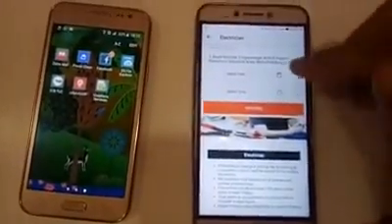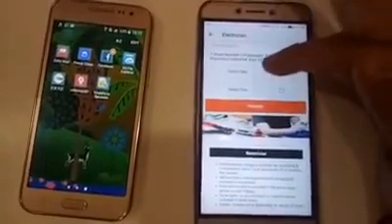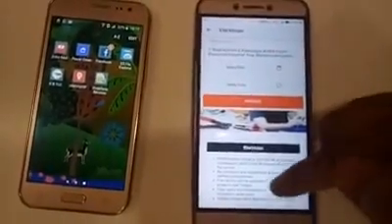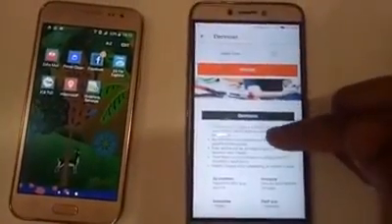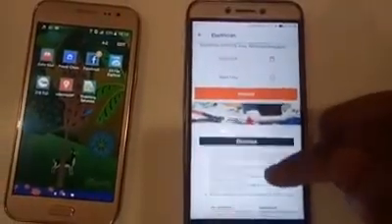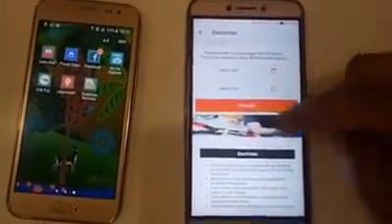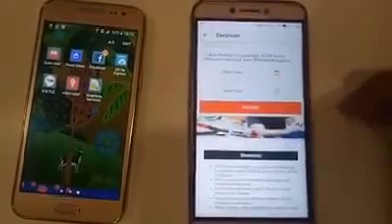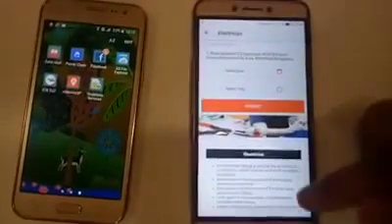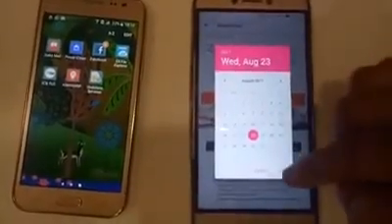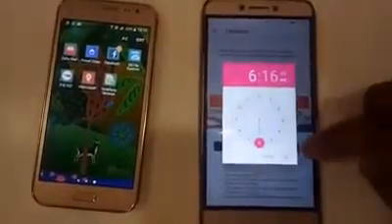Here I get an option for selecting date and time, what the electrician is going to charge, and brief details about the electrician. If everything is as per my rates, then I will select, like I have selected the 23rd of August, and the time, just 6 o'clock, the present time.